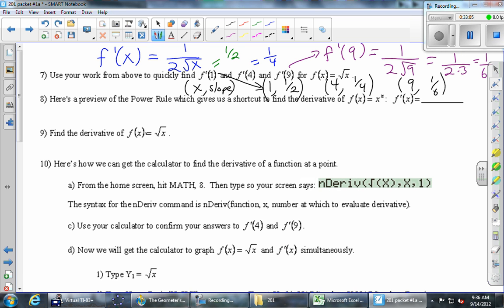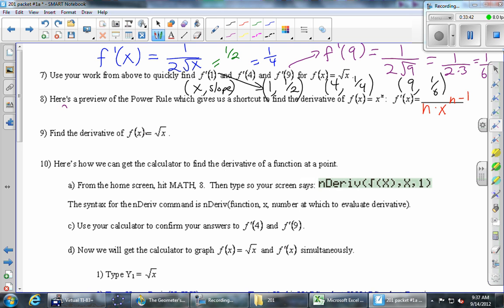Okay, number 8 is going to be a real tease. Let's go to Tiffany. Okay, so here's a rule which some of you guys probably know if you've already seen calculus. In fact, this rule might be what you think calculus is. But does anybody happen to know this rule? What is it, Kevin? N times x to the n minus 1. That is something known as the power rule.